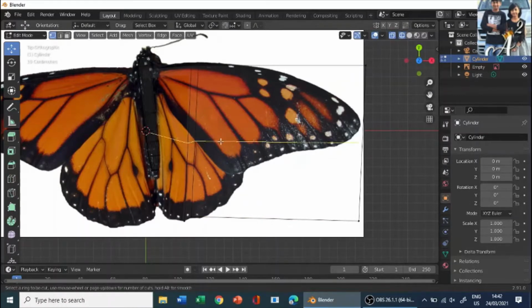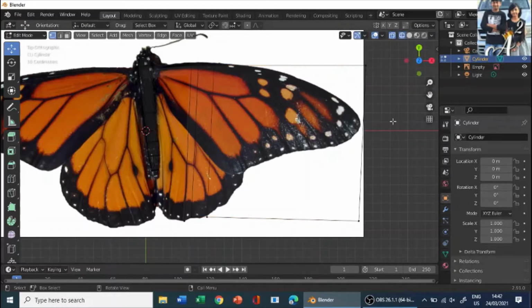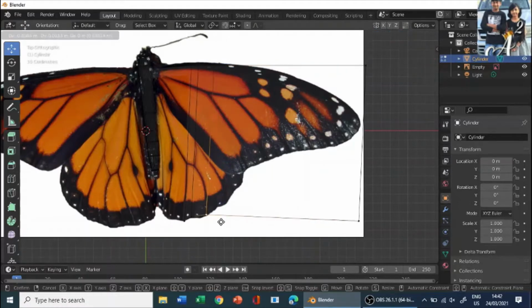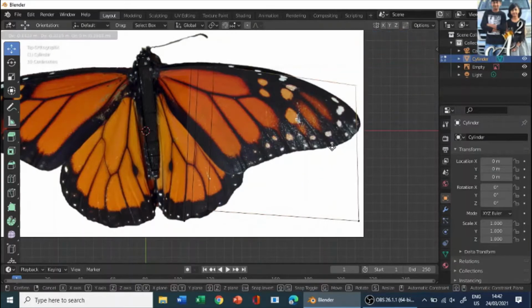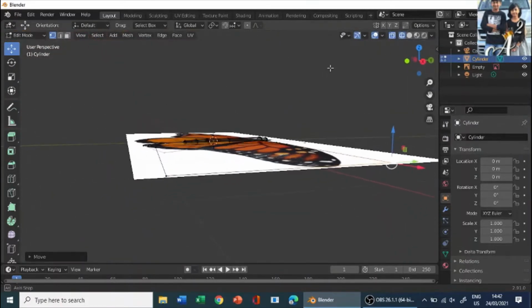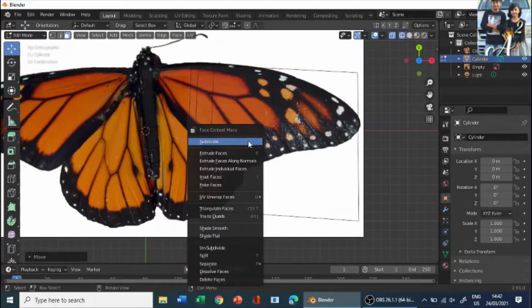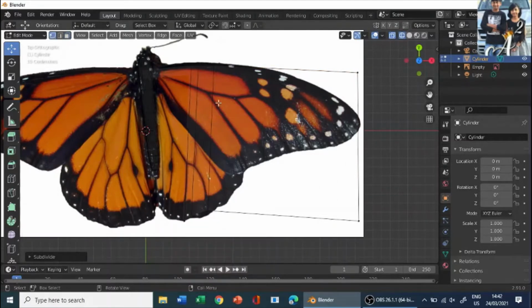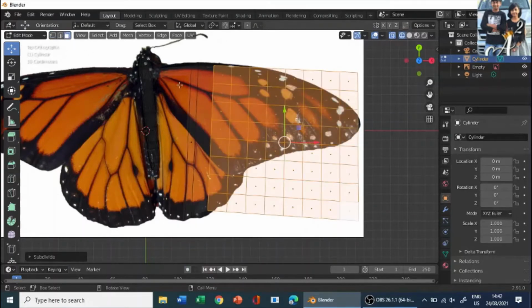Control R to add a loop cut over there, and I need a loop cut over there. Then let's move it up, G, and over here, G. So let me go on the side view and let's say, yep. Let me go G, and instead of just keep on adding loop cuts, let me add a subdivide, so that one, two, three times looks much better. So I can select it, I guess. Yep. One, two and three. Yep, that is more than enough.